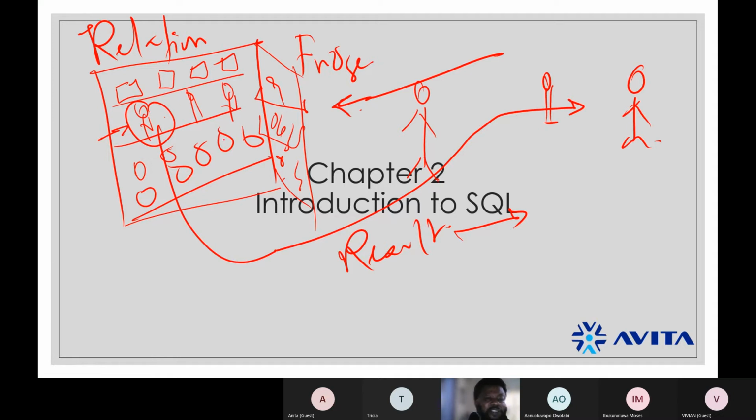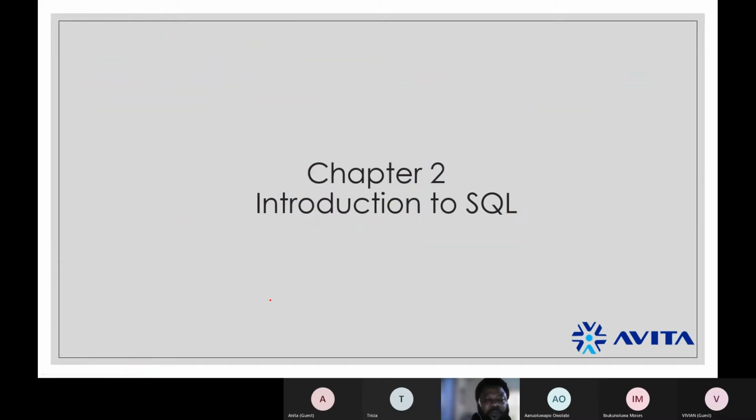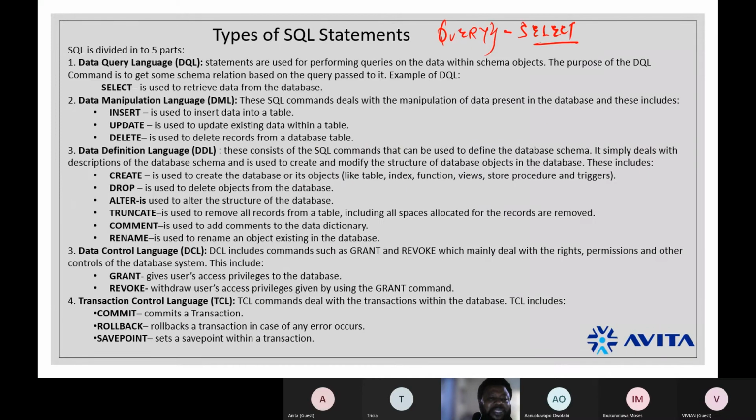This table, of course, look at the refrigerator. It actually looks like a table. This is a single column and several rows. This is row 1, row 2, row 3, row 4, row 5, and row 6, right? So you have several rows in that refrigerator. That refrigerator actually serves like a table. That's basically what we do with the SQL select statement. So we use the select statement to get information from tables in a database. It's as simple as that, right?